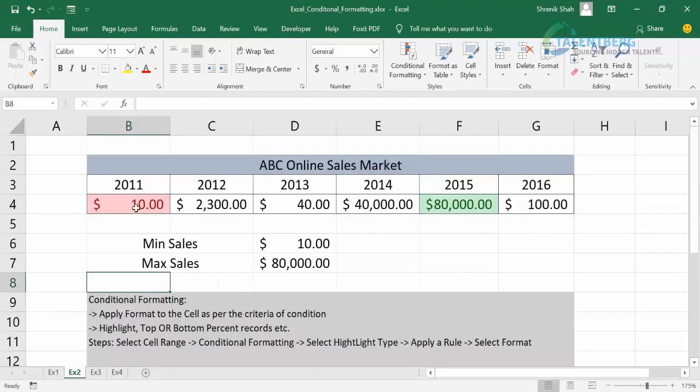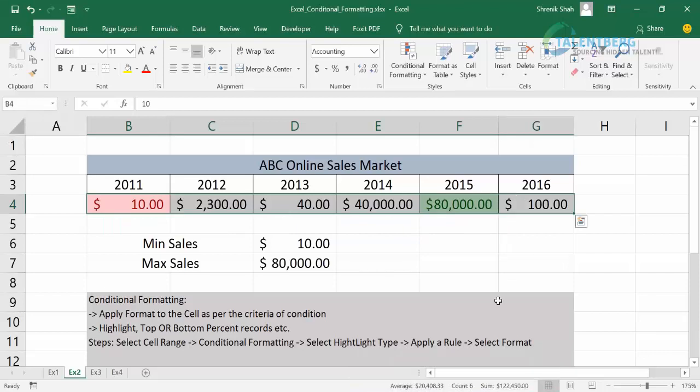In the second example, I want to change the cell color to red if the value is minimum and to green if the value is maximum. Depending on the requirement, we can make use of different conditional formatting features. Data bars are horizontal bars added to each cell, much like a bar graph.